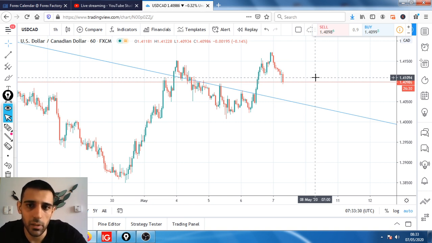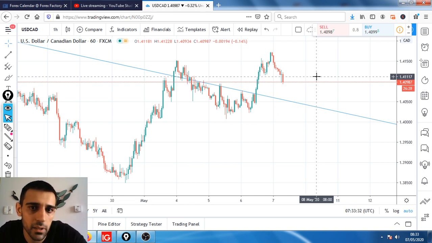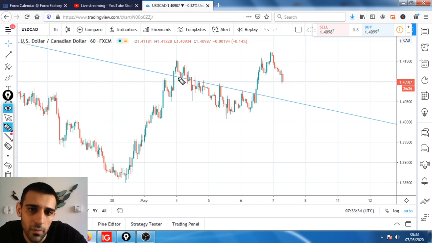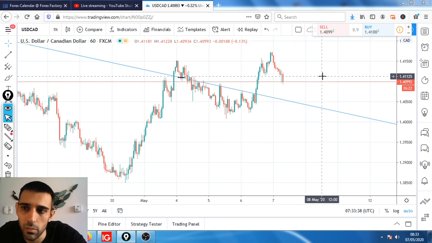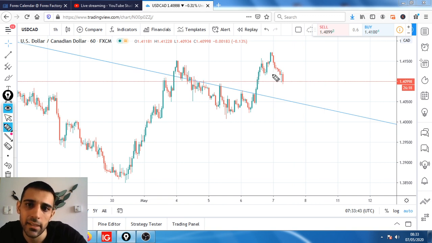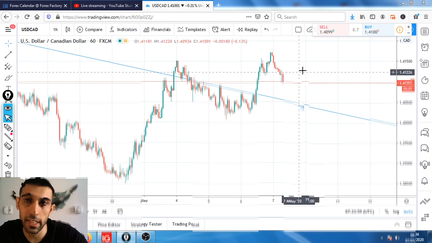Most likely we're going to be looking at the retracement around this level, which is 141.10. If the price comes down to 141.10 where this low is, that will also take out this low, which means if there are orders down to this level, they will all be taken out. So 141.10